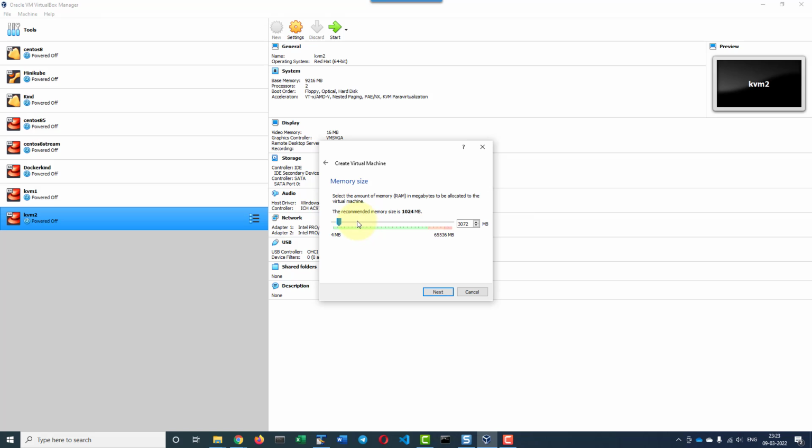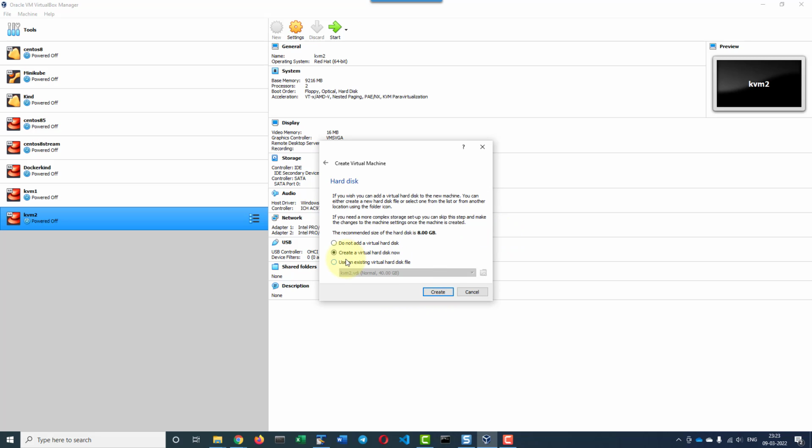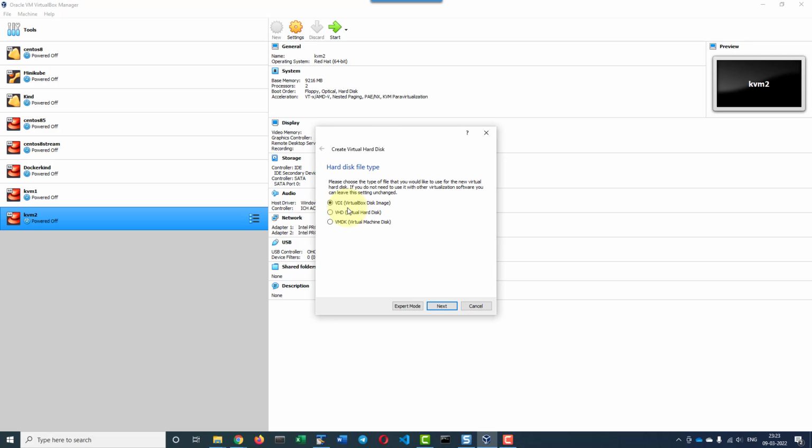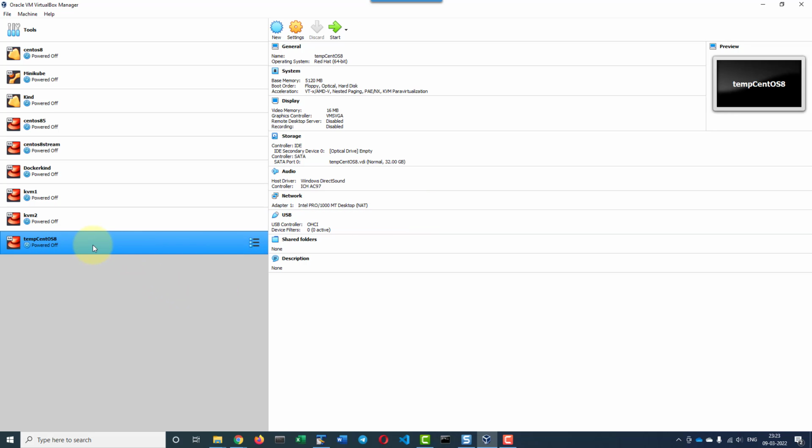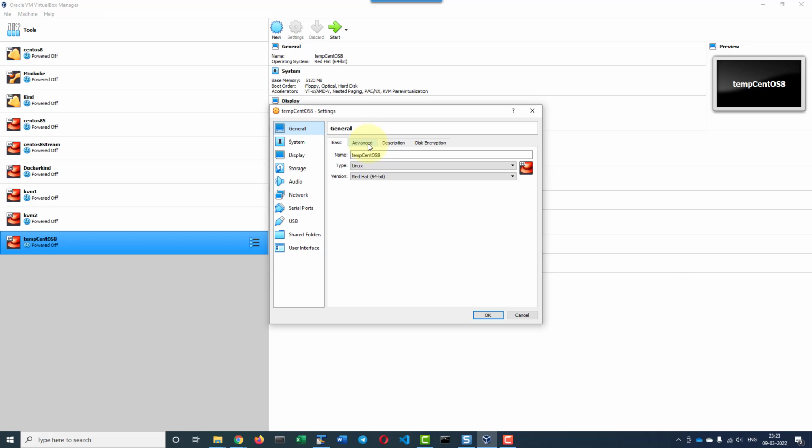I'll be having the memory as around 5 GB and I'll allow it to create the virtual hard disk. I'll make the hard disk type VDI. I'll have the storage as dynamically allocated. Storage I'll mark it as 32 GB and create the VM. Let me get into the settings and make a few changes so that we can go ahead